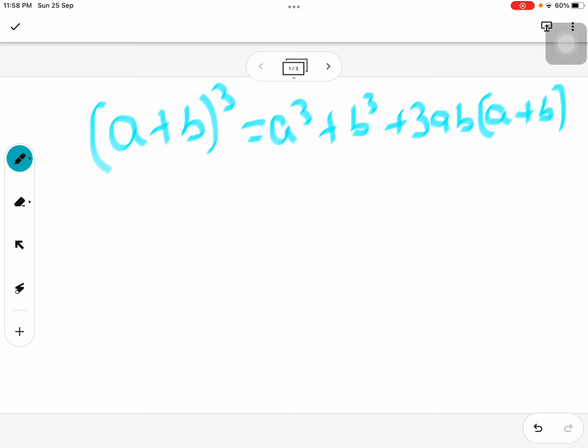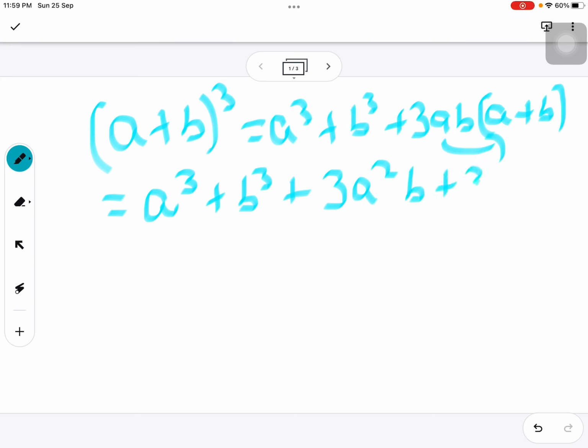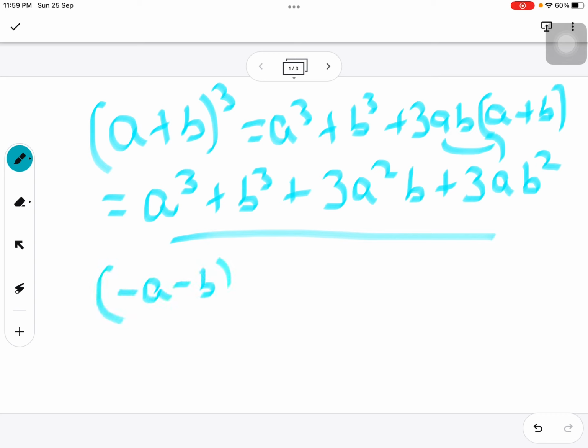Okay, this can be expanded and/or written in a different way, that is a cube plus b cube plus, when you expand this using our distributive, 3a square b plus 3ab square. This way also you can remember, either one of the formula you can remember, both are correct. Okay, here again, suppose you have something like minus a minus b whole cube, then what I do, like in the previous squares, I take minus one common,